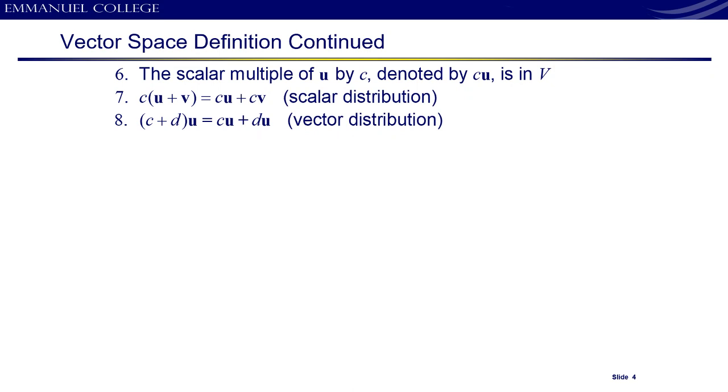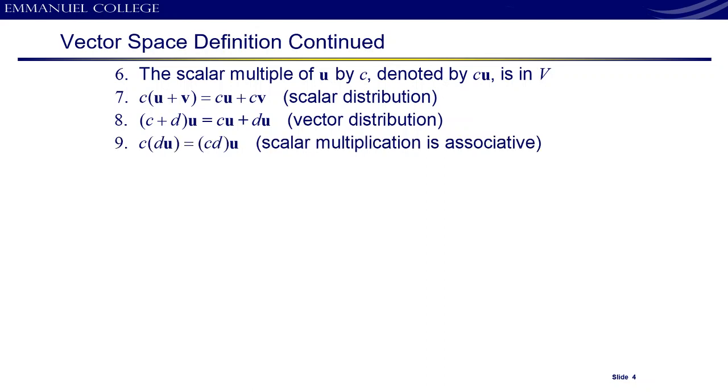So then you can distribute the sum of two scalars over a single vector. Similar idea to the previous, but now instead of distributing a constant over the sum of two vectors, it's the sum of two constants over a single vector. And this could apply to multiple vectors. If you have,